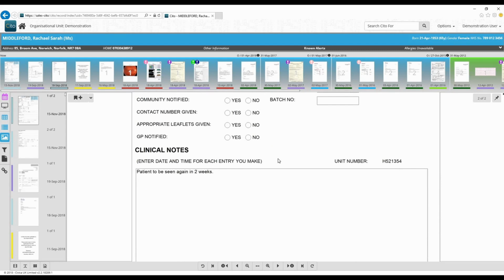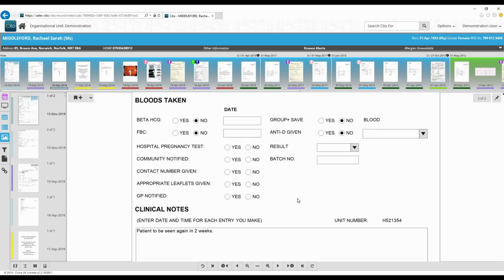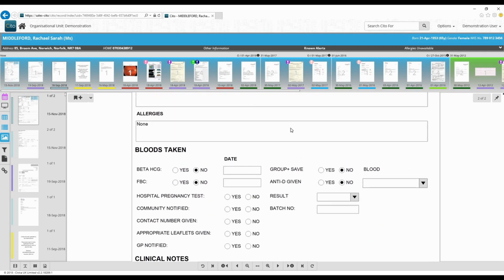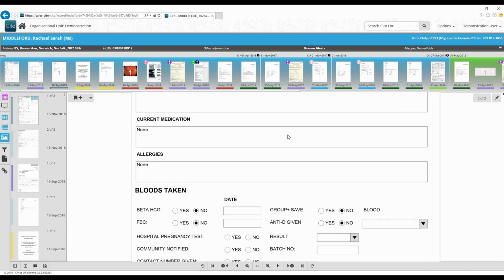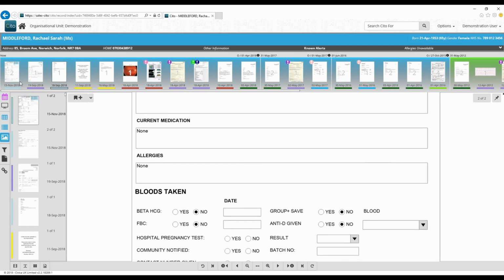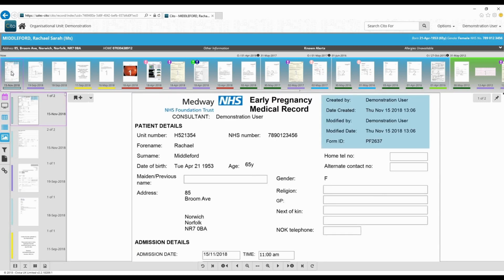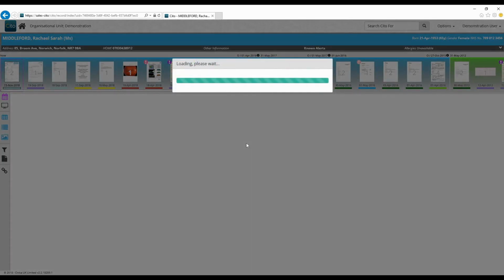So this form's now been submitted, and other users of the system will be able to review that form depending on their permissions and role access to the particular patient or certain specialties or categories. And depending on whether this form's been submitted as a finalised form, we may not be able to make changes to it again. However, if it's been submitted as unfinalised, which means it's editable for the foreseeable future, I can simply go back to a form, select it, and go to Edit Form, which will allow me to go back into that form,